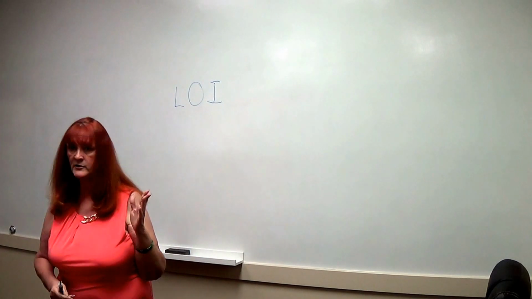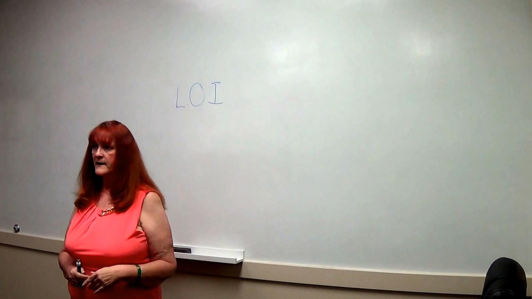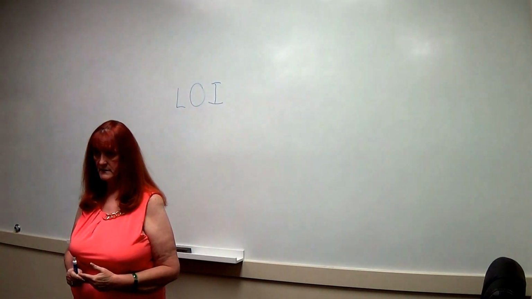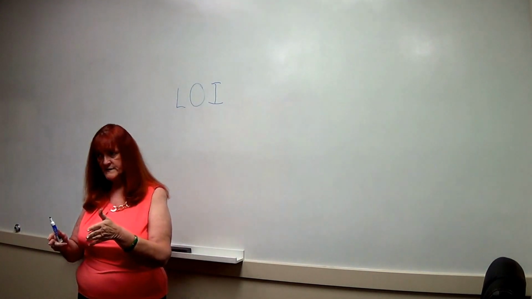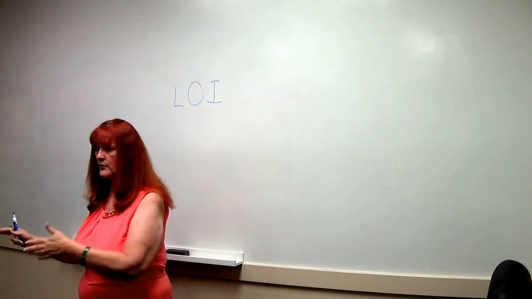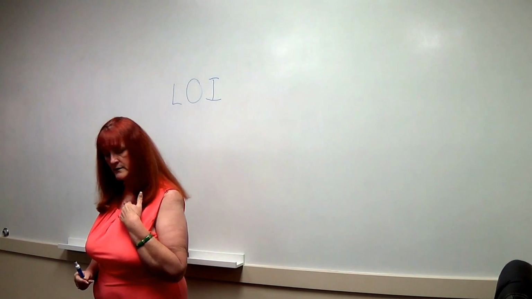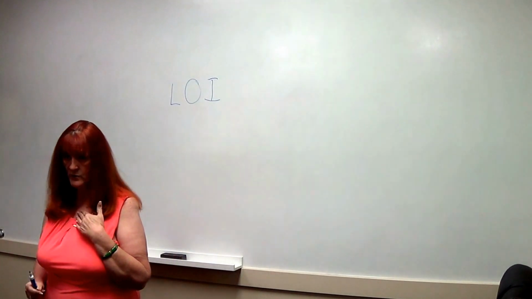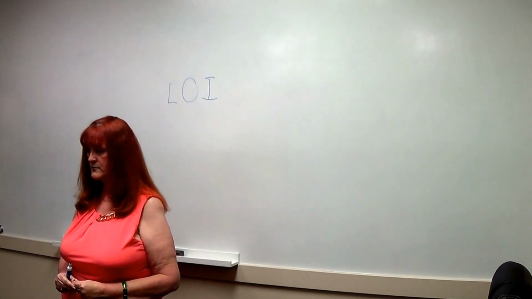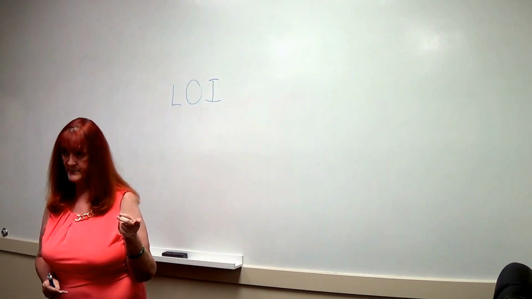Okay? So we have our letter of interest, and let's suppose that we finally agree on the letter of interest. Okay, so now what happens? Let's understand that while the loan interest is coming, we're out doing our physical inspections, our books and records. By the way, the way I work, it's not the way every agent works, but the way I work, we do books and records first. Because if we scrub the books and records and they're not what we want, we kick the deal before we pay for third parties and inspectors and all of